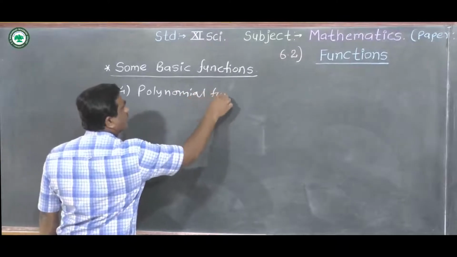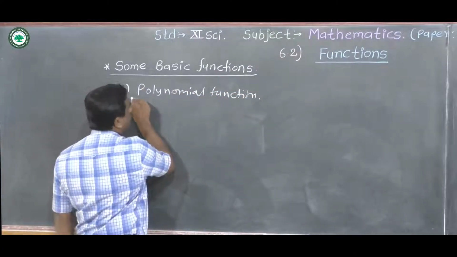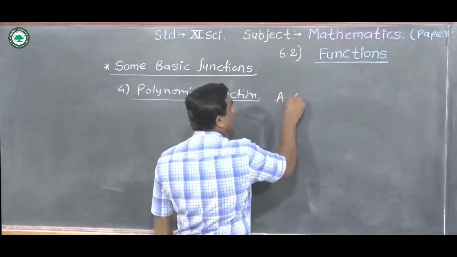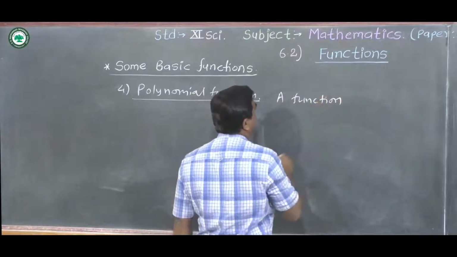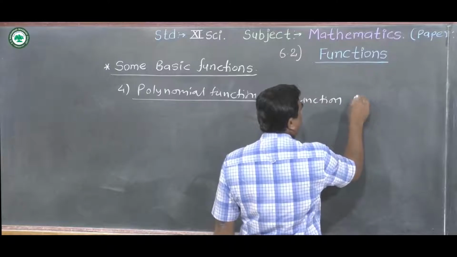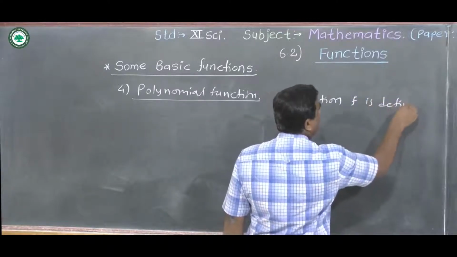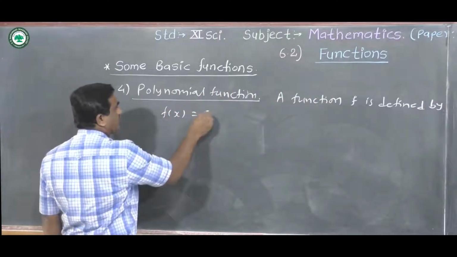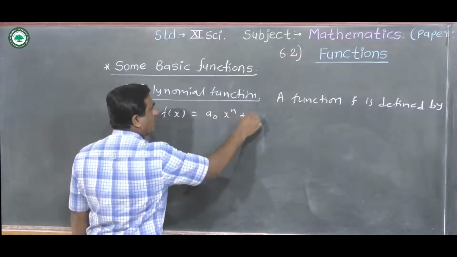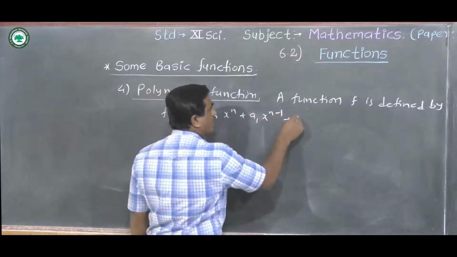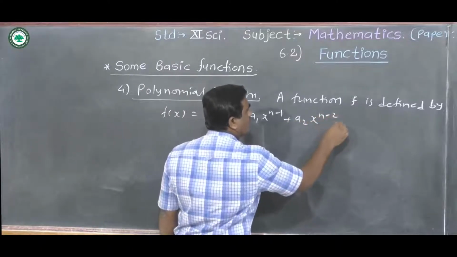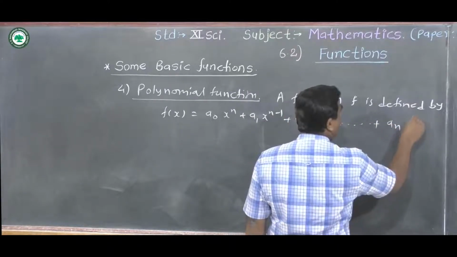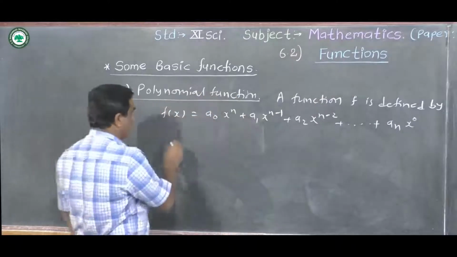Definition for this polynomial function: a function f is defined by f of x is equal to a0 into x raised to n plus a1 into x raised to n minus 1 plus a2 into x raised to n minus 2 plus so on, an into x raised to 0, where